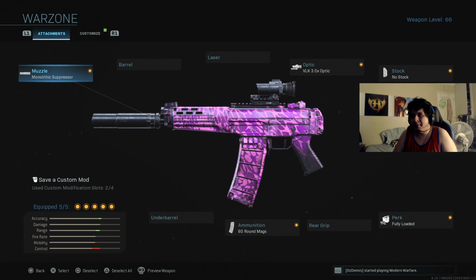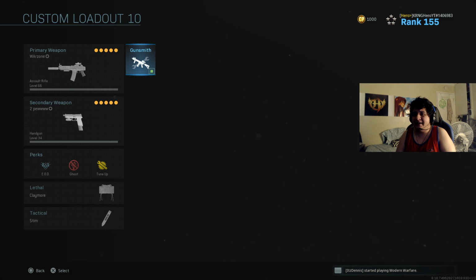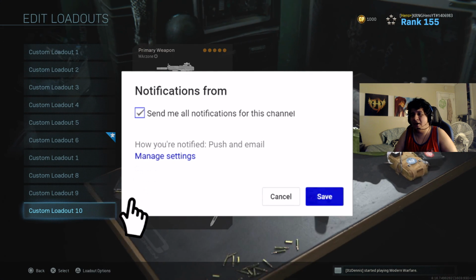I used a monolithic suppressor, 60 round mags, the perk fully loaded, no stock, and the VLK. This is pretty much a mobile AR with the no stock. It pretty much feels like an SMG with mobility, but it has the range of an AR. So that's why I put on the VLK 3.0 optic. This gun's very, very reliable. The recoil might be a little bit weird. You might want to trade out one of these attachments for some recoil adjustments, but this gun is amazing and will serve you well. So yeah, that's all I gotta say about my 10 best loadouts in Call of Duty